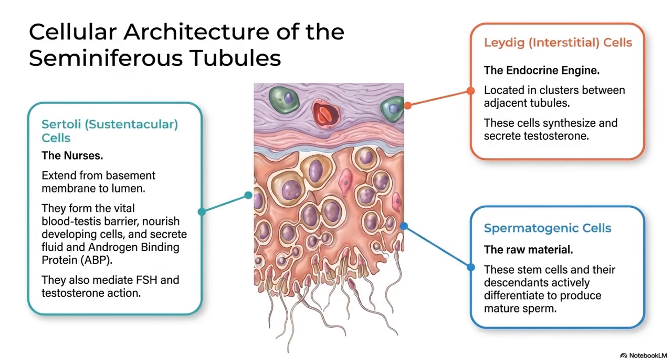The spermatogenic cells are the stem cells that actively differentiate to produce a mature sperm, while the Sertoli or sustentacular cells extend from the basement membrane to the lumen. They are present neighboring to the spermatogenic cells, and they act as a nourishing agent for the spermatogenic cells. They form the vital blood testis barrier, nourish the developing sperms, secrete fluid which is required for the